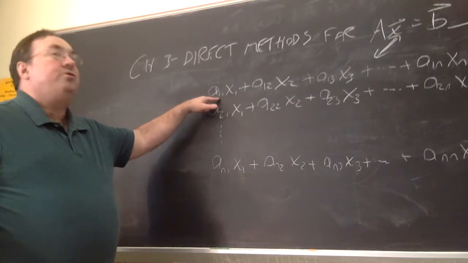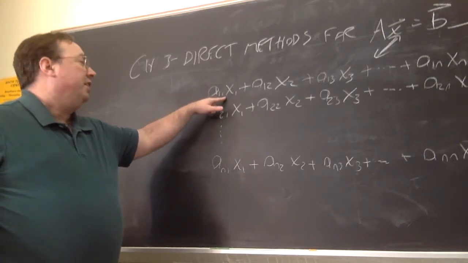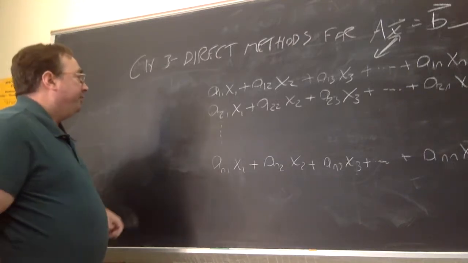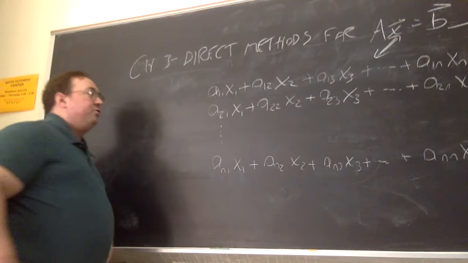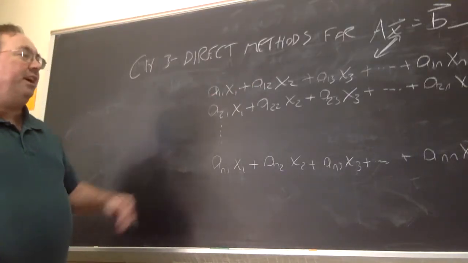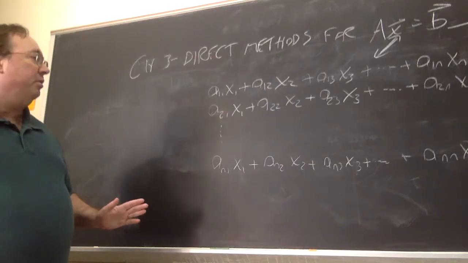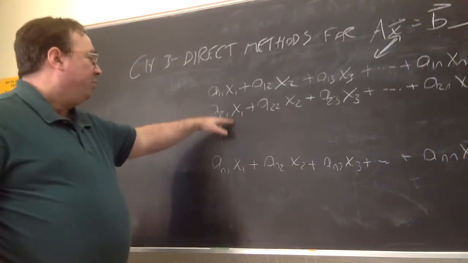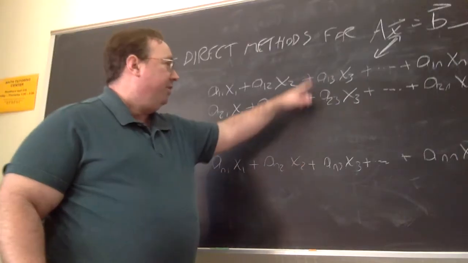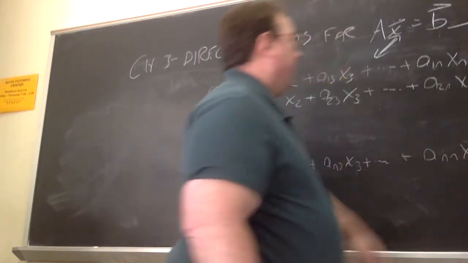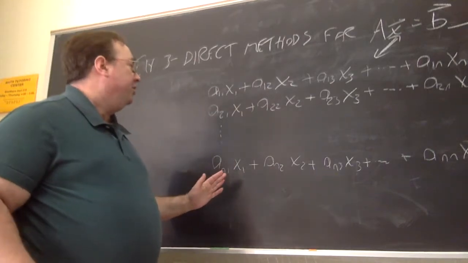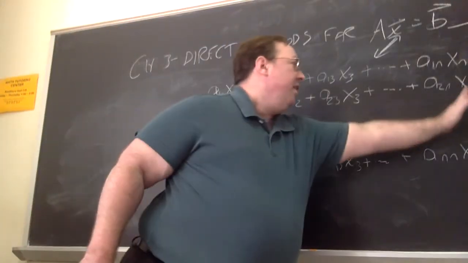For the elements of A, the first index always refers to a row, and the second index always refers to the column. So each row refers to one of the equations, first equation, second equation, and so on, down to the nth equation. Each column corresponds to an unknown. Notice we have x1 throughout in these first terms, and then x2 throughout in the second terms, and so forth, all the way down to xn throughout in the last term. So column indices correspond to your unknowns, x1, x2, xn.